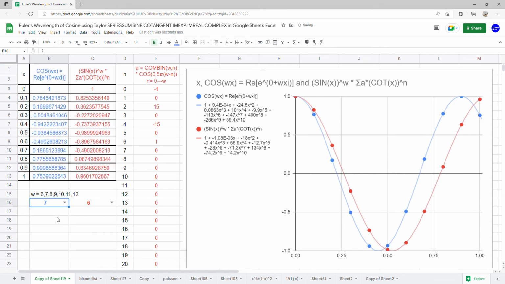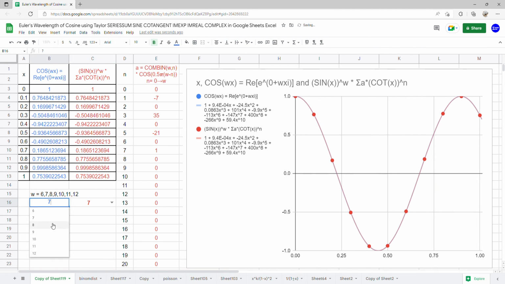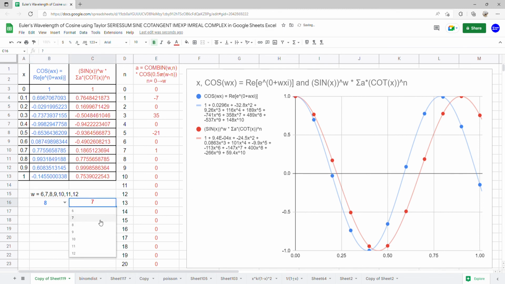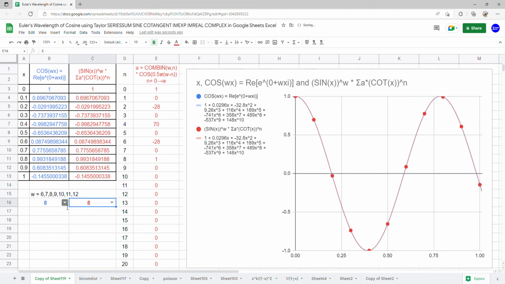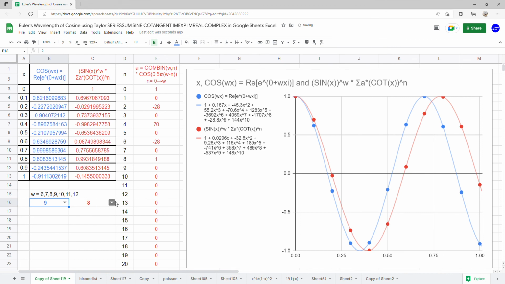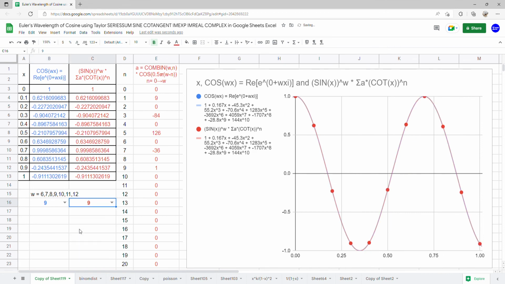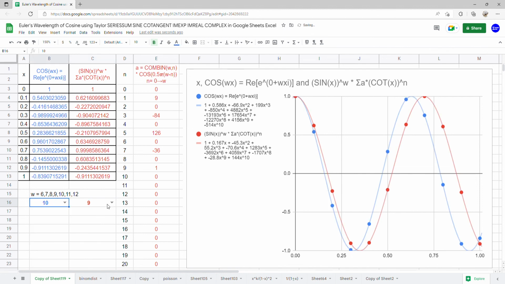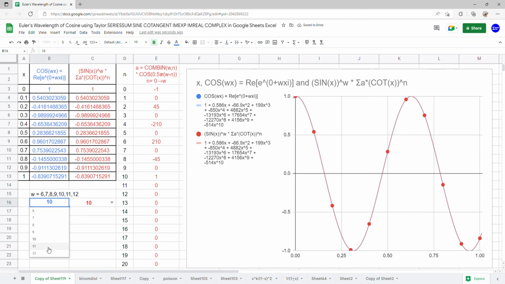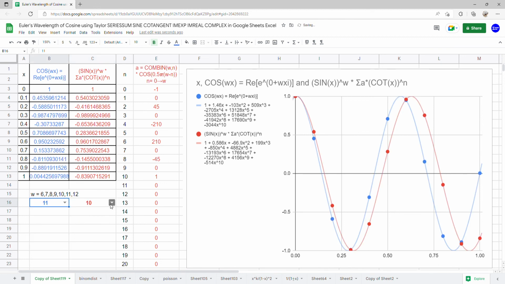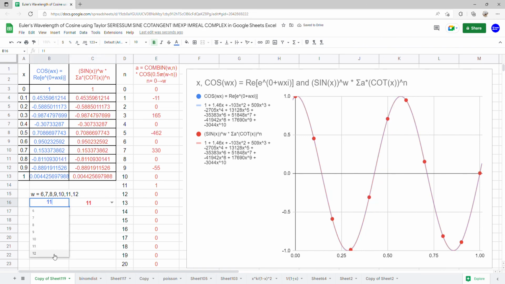W is 7, changes to 7. W is 8, it changes also to 8. W is 9, changes to 9. W equals 10, and changes also to 10. W is 11, and changes to 11. W is 12,